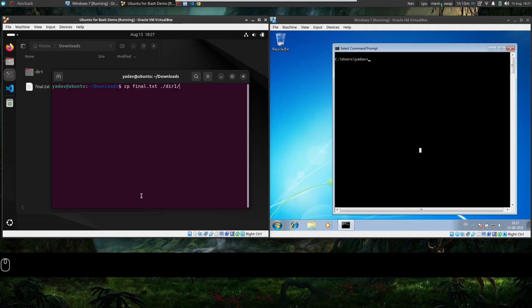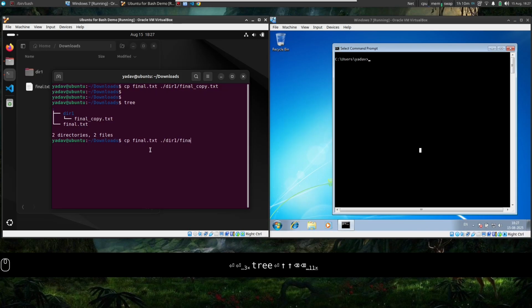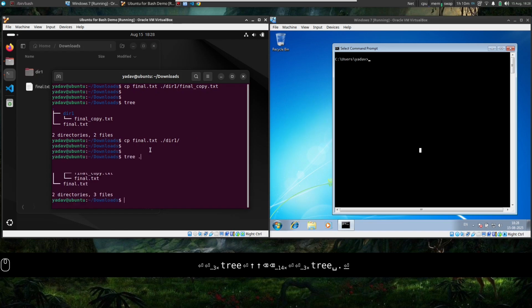Let's do that: final_copy.txt. If you don't give it a name, the same name will be there. If I do a tree, see, in dir1 we have final_copy.txt. In my current working directory we have final.txt.